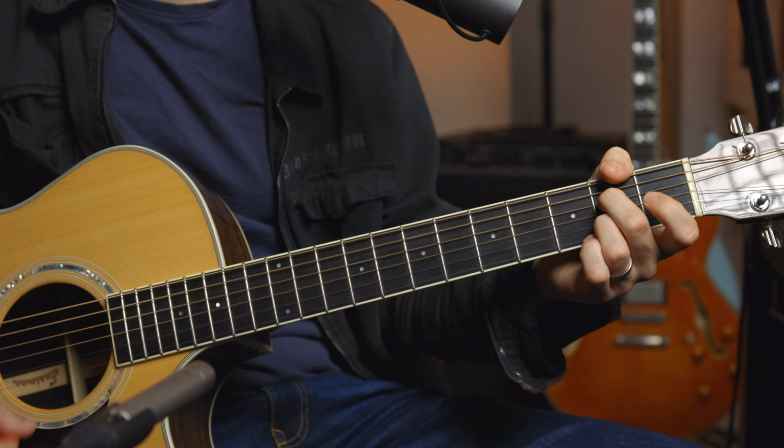Second shape looks like this: 3 and 4, then 5 and 5, 7 and 7, 8 and 9, 10 and 11, 12, 12, 14, 14. Okay, so again, as I said, you can either strum this up and down,